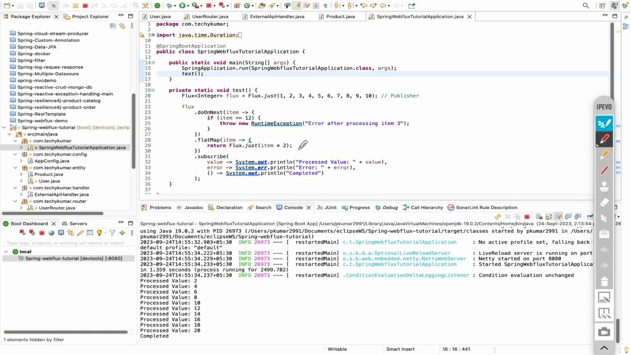So what you need to do, you need to understand here subscribe is expecting 3 consumers, okay. The first consumer is for on next event, second consumer is for error, and the third one is on completed. So whenever application starts, publisher starts publishing data, okay. So when publisher starts publishing data, it comes to here,